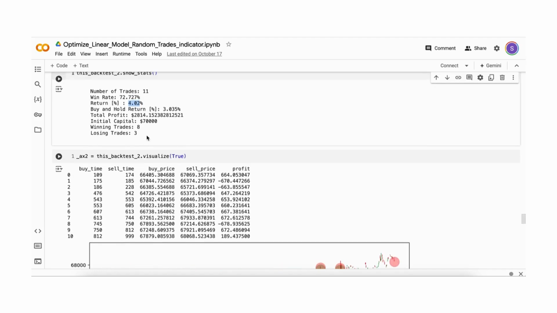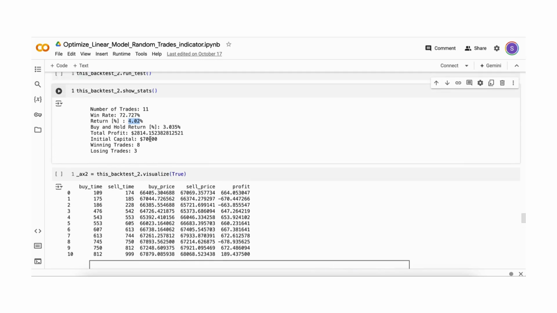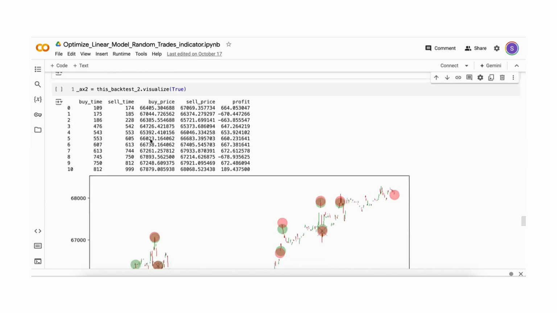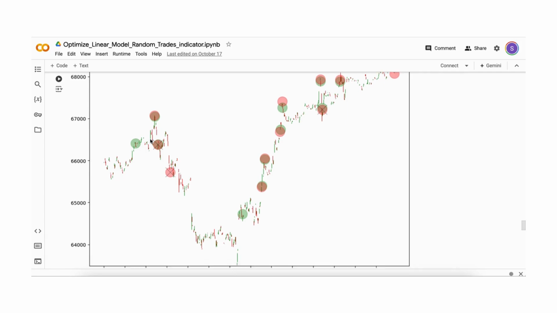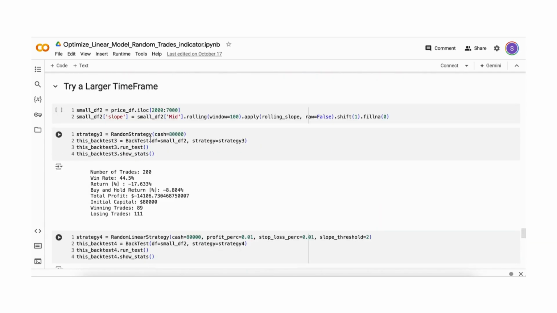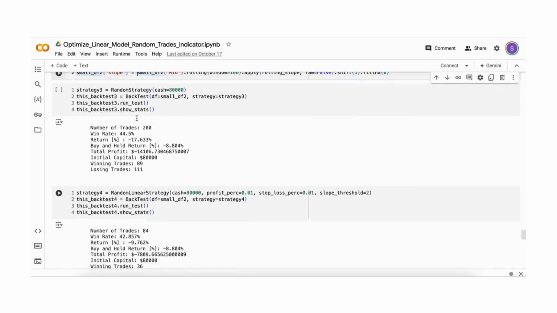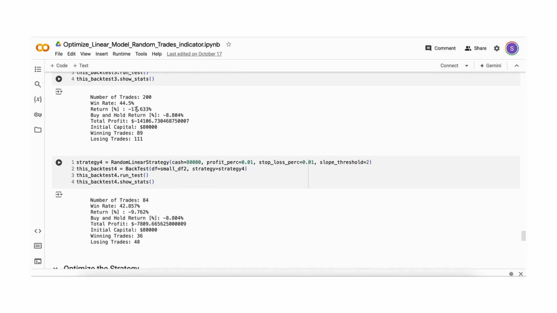And this is a much smaller number of data points, which is good for illustrative purposes, but now we can look at a much larger time frame. So when we look at 5,000 data points here, and do the exact same thing, we observe that